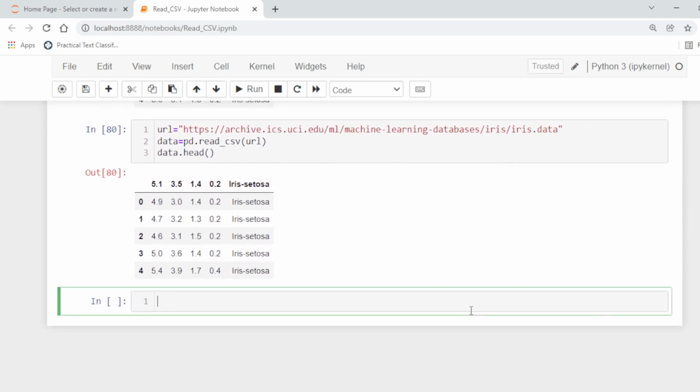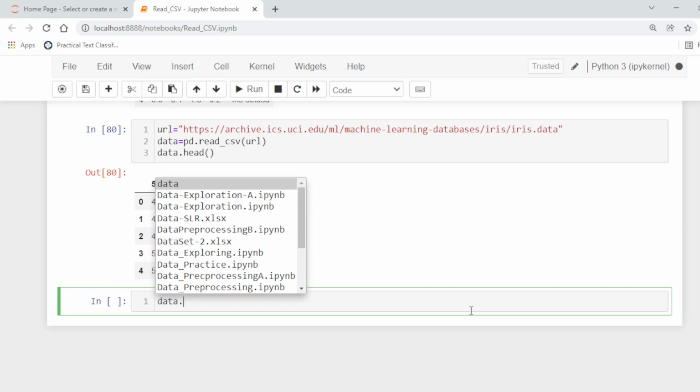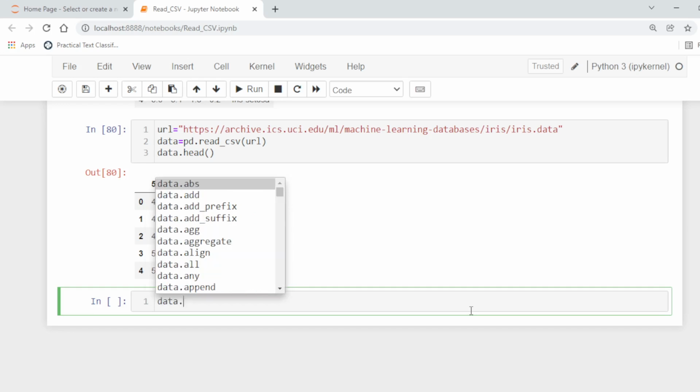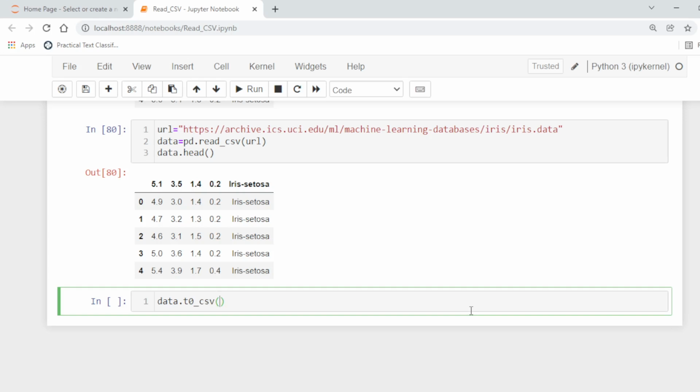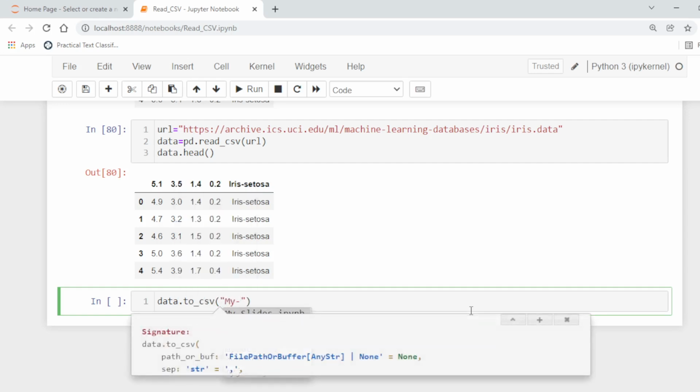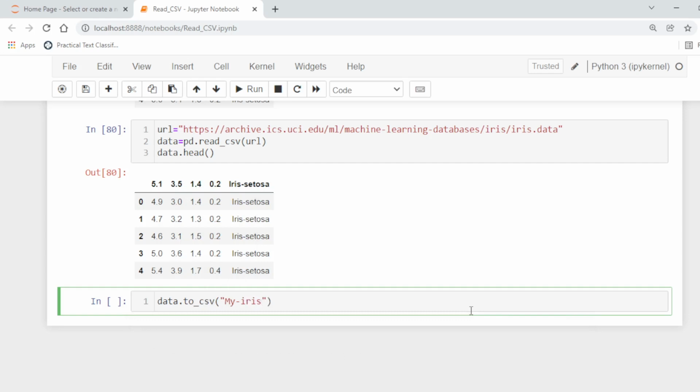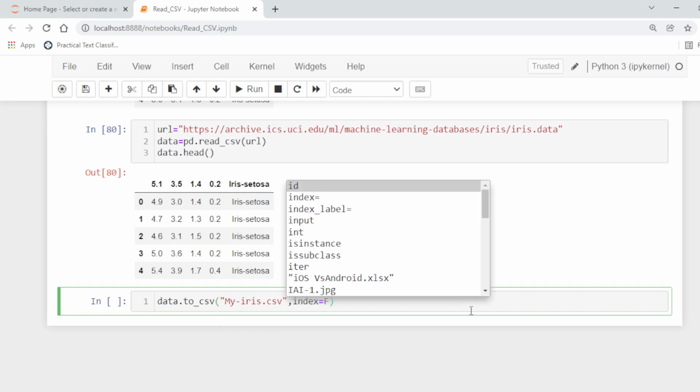And how to write to CSV files? You can save the data frame to a CSV file by using data.to_csv, and for example my iris, this is the name we want to store the data under, and for example index is false.